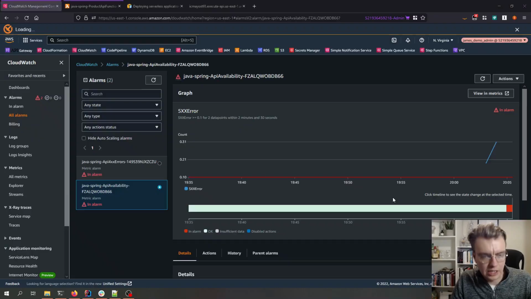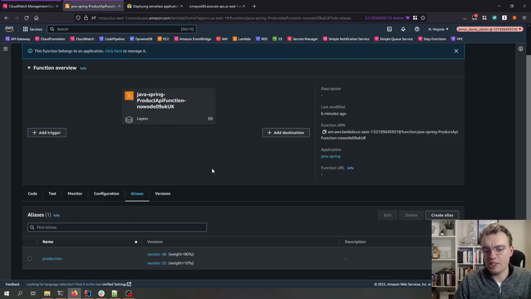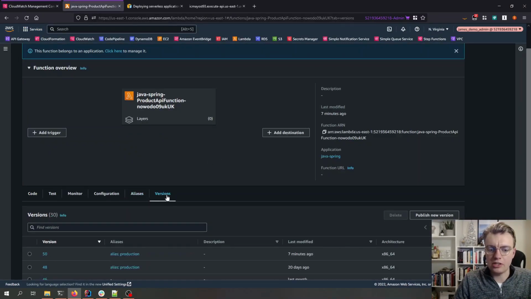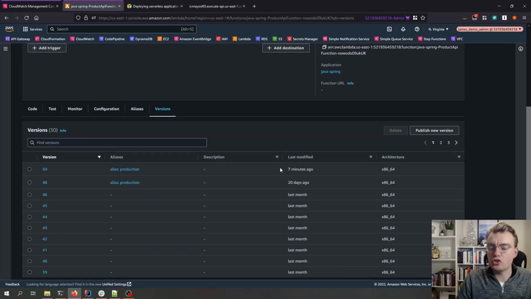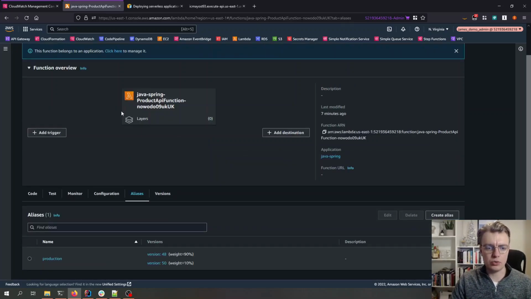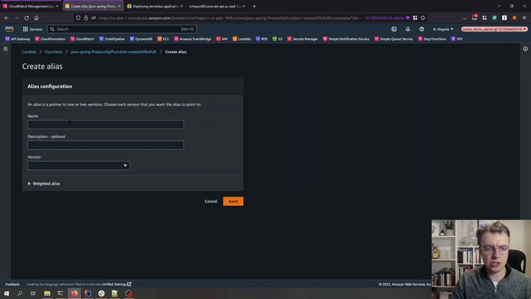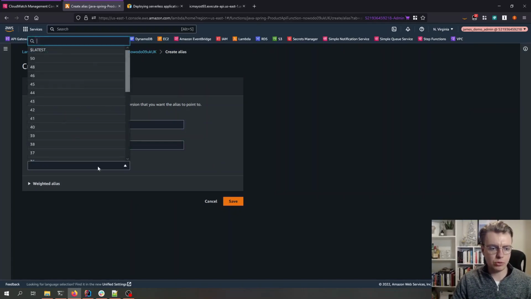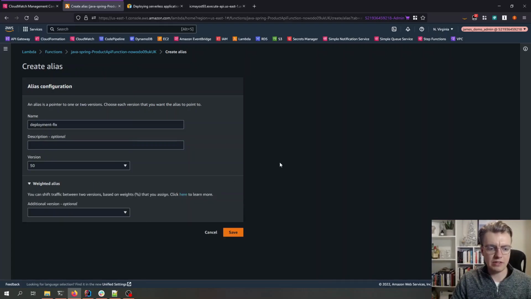It's failed to deploy. Now, one of the really useful things about this is when it does fail to deploy, that version doesn't get deleted. Remember, these are two very distinct phases here. The version gets created, then the traffic gets shifted. What that means is that we could now come in here and create a new alias. So we could create an alias saying, deployment fix, for example, and we can point that at version 50,